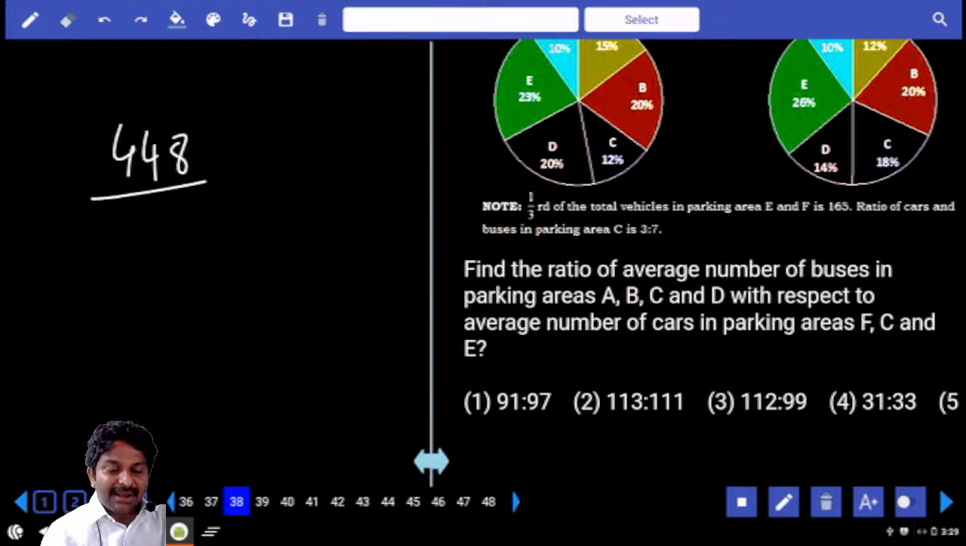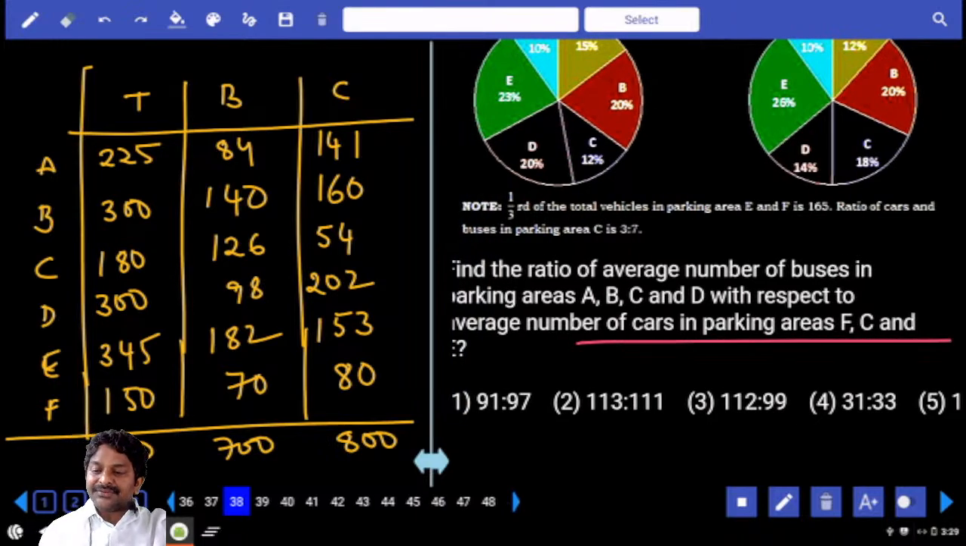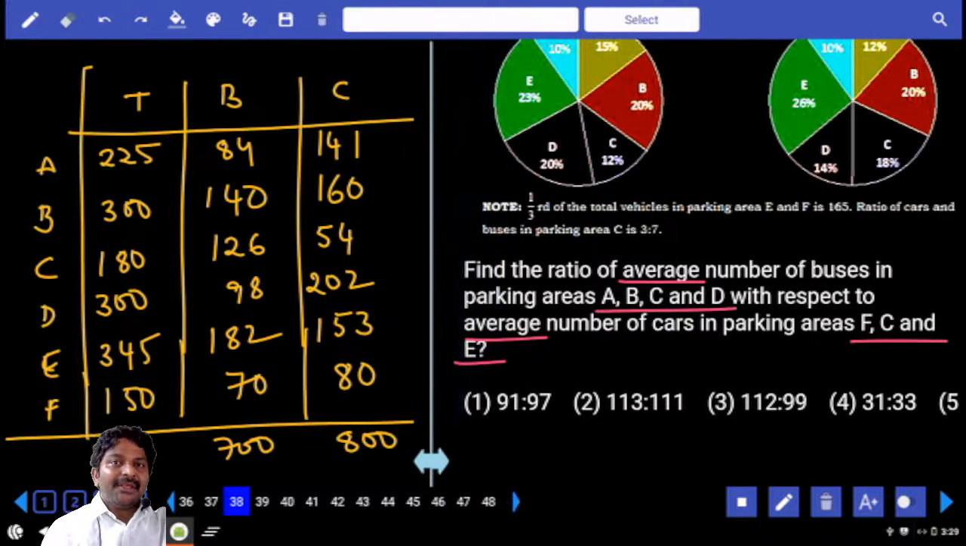Ratio between this number and the average number of cars from F, C and E. Previous case average, now also average. But number of buses are different, number of cars are different. In both cases, if you have three different items,